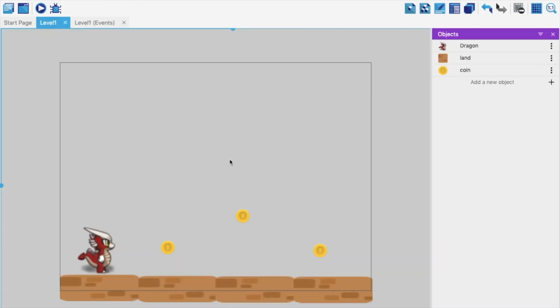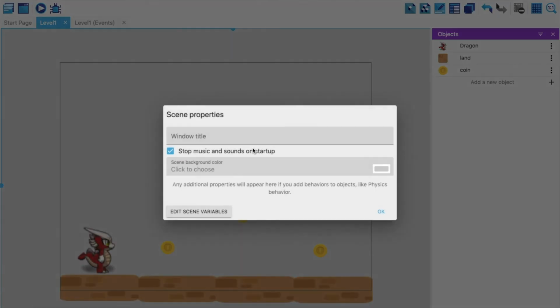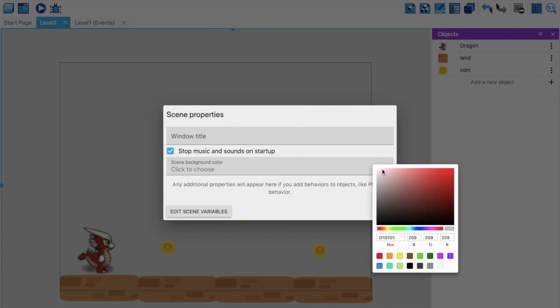One more thing that I would like to cover in this tutorial, and then I will wind up, is that right now by default the background which comes with this GDevelop is this color. But suppose you don't want this color, you want to change the color, so you can simply right click anywhere on the scene, go to scene properties, and then over here there is this option called scene background color. Just change the color from here.